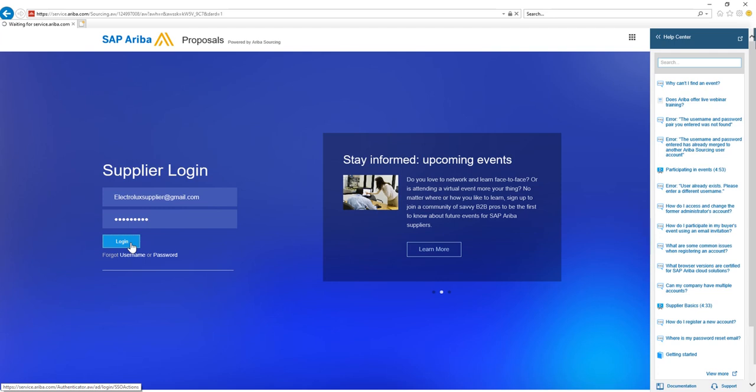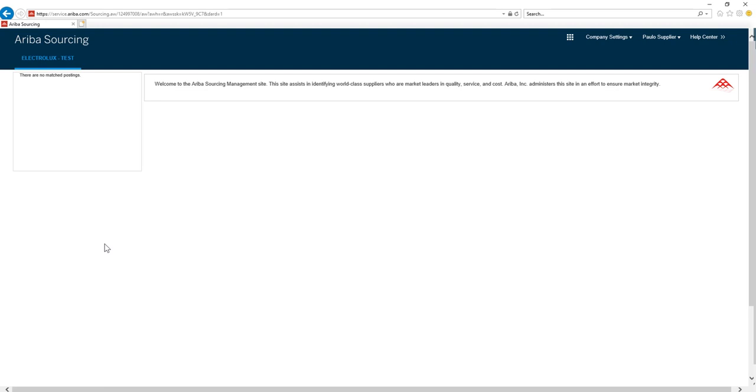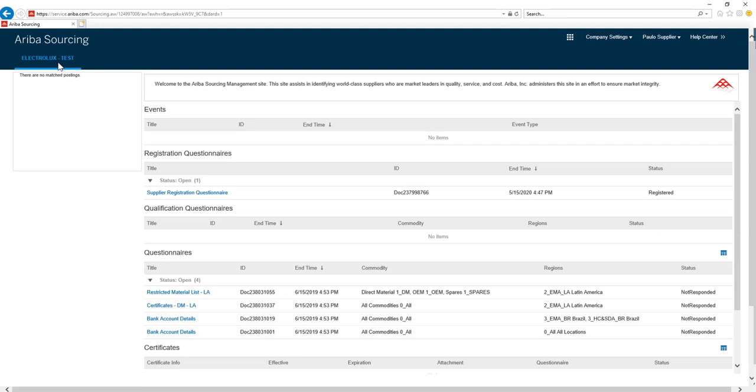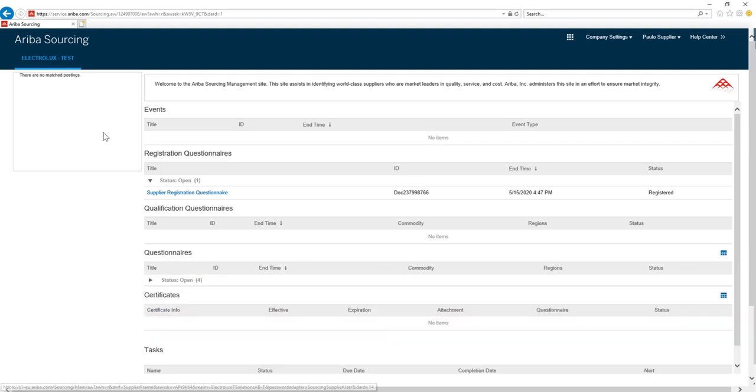I just want to explain where to find the questionnaire that you haven't submitted. Okay, the questionnaire is there, pending submission. So you have an Ariba network, you have a tab for Electrolux. If you have any other customer, you're going to have different tabs, okay? Just ignore this one, and you have a list of events, registration questionnaires, any other qualification questionnaires, and additionally we